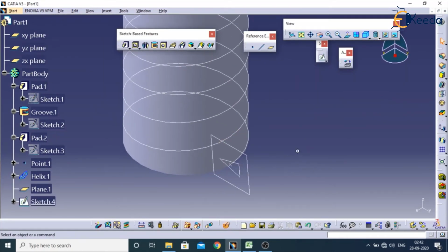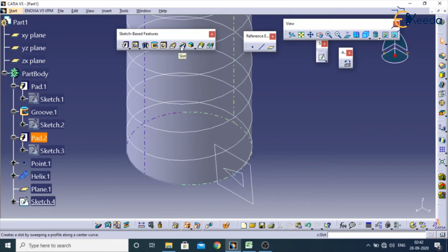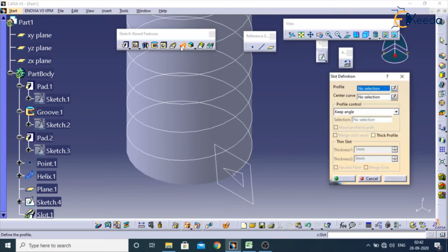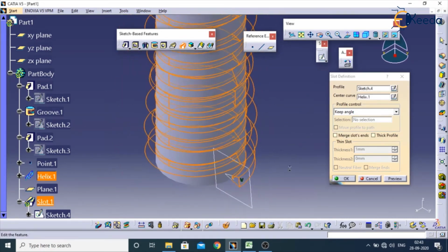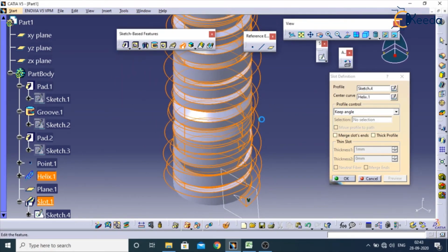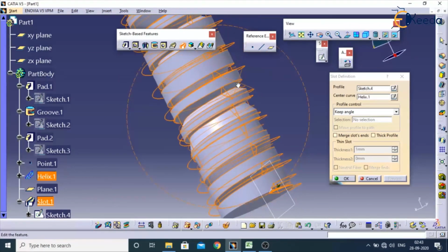Here we will use slot. Select slot. Select this. Center curve means you have to select this curvature. If I apply preview, now see, it is not cutting properly.